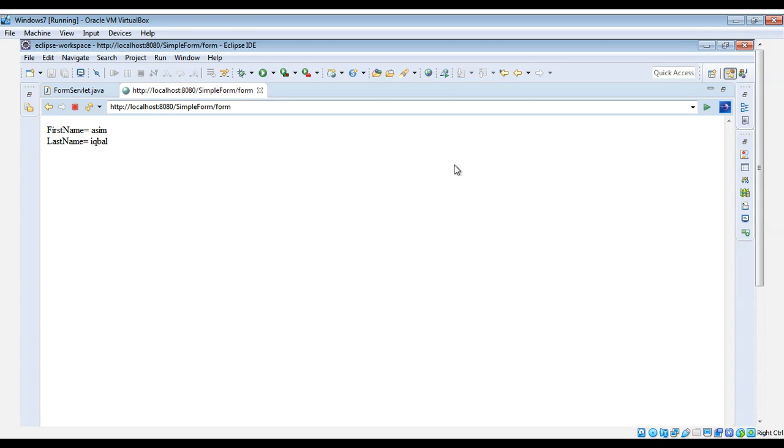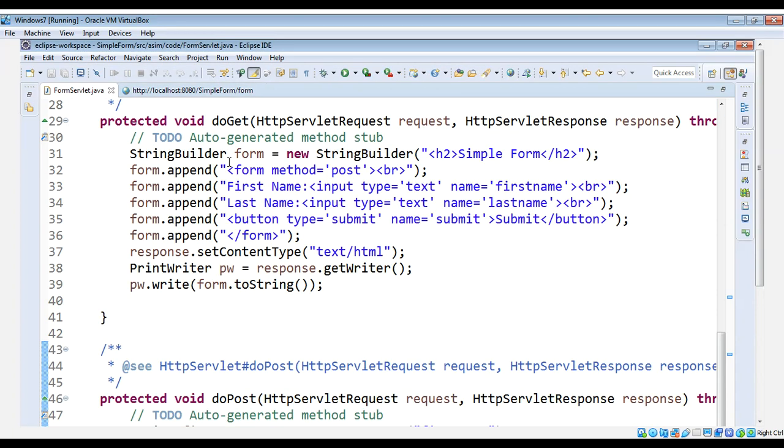So this is a simple servlet in Java, how to create a simple form and process that form in the post method. We can create that form in the doGet method. It's not a very good way to add all that HTML code in a servlet. It's better to use JSP if you want to show a lot of HTML code. Servlets are mostly used for processing simple text, such as when you just want to print text, or you want to use it as a web service